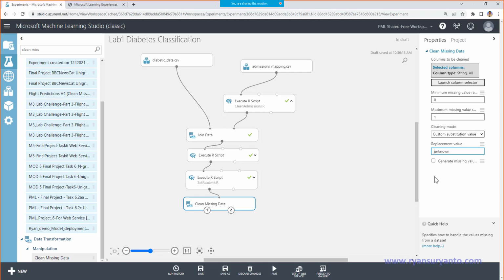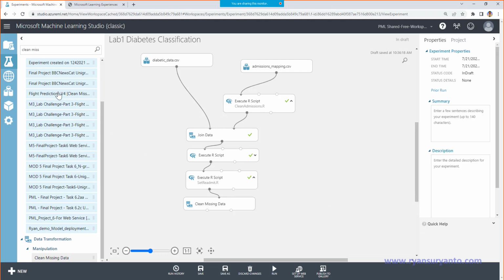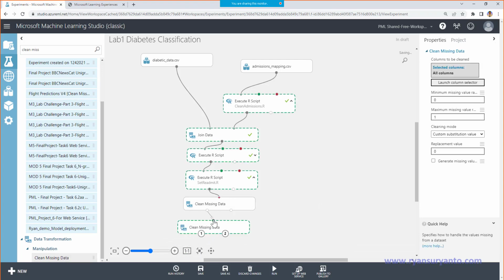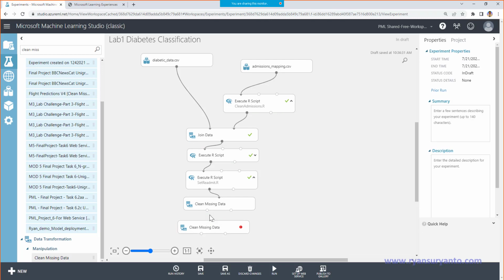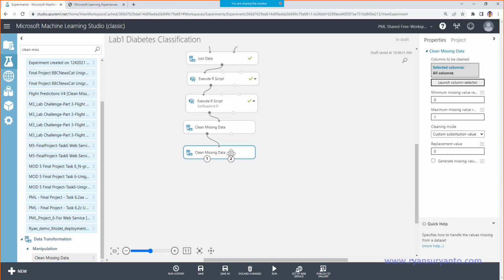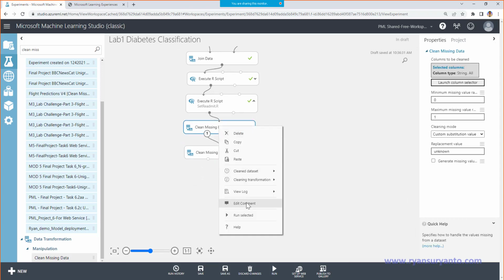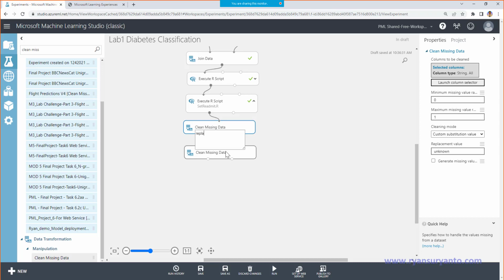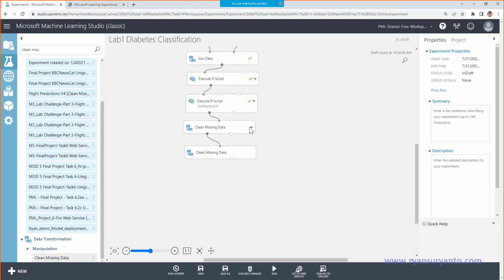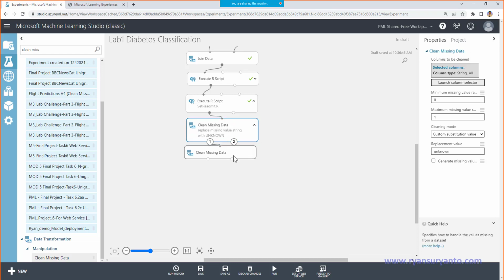That's all, done there. After that drag again one more time, clean missing data. You can put a comment here to explain: replace missing string value with unknown. That's what we do here.